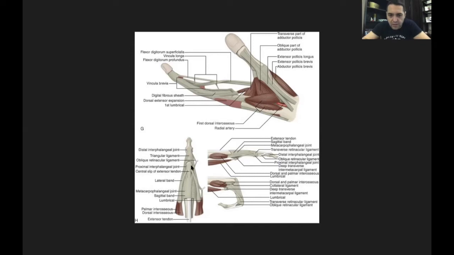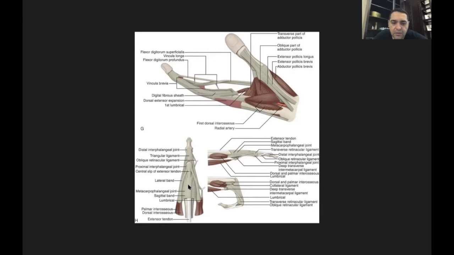Here we are at the level of the digits. We have an extensor apparatus, like here in the picture, and here we have the extensor apparatus formed by two lateral bands at the level of the intermediate phalanx, and one medial band. These medial bands end at the level of the medial phalanx, and then it continues those two lateral bands